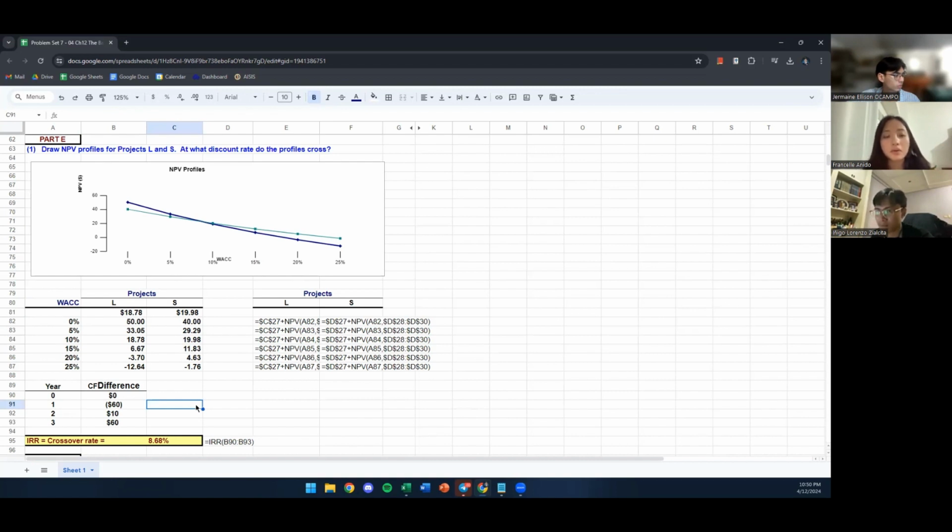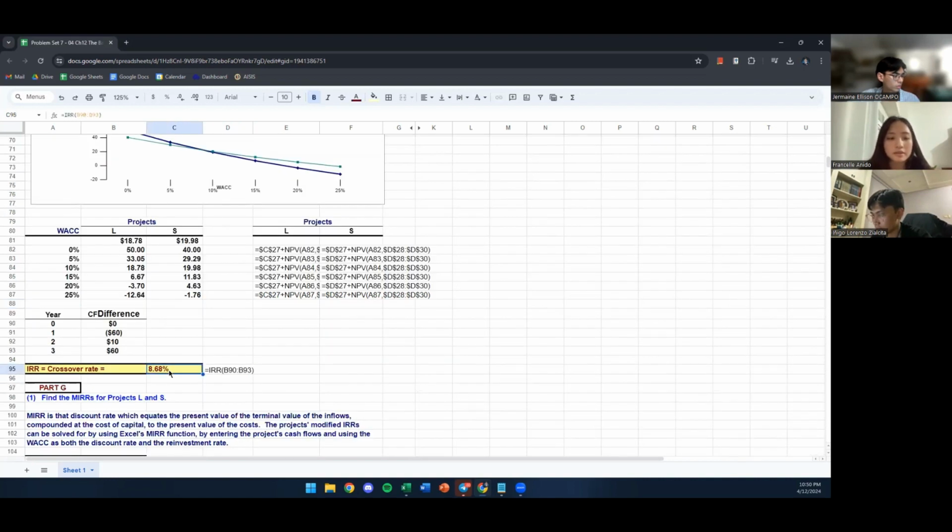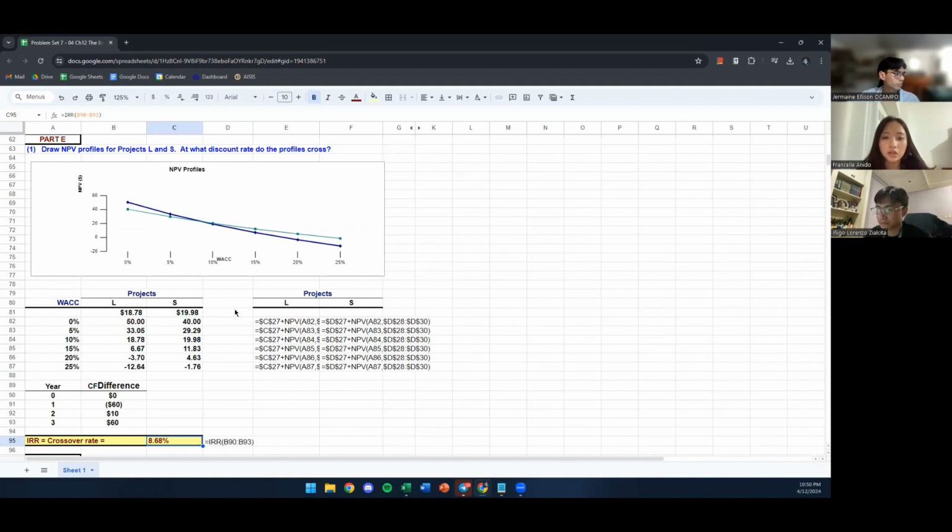So we compute the cash flow difference per year. We do this by subtracting the cash flows of project S per year from the cash flows of project L per year, and thus we get the values that you can see in the table. And computing for the IRR using these values, we get an IRR, or a crossover rate, of 8.68%. So going back to the graph earlier, we can see that the intersection point is somewhere around 8.68% as